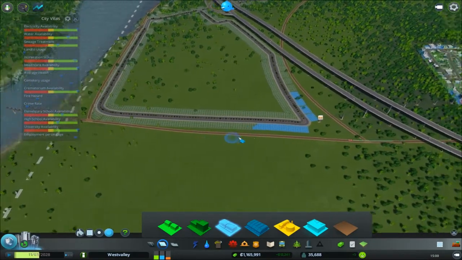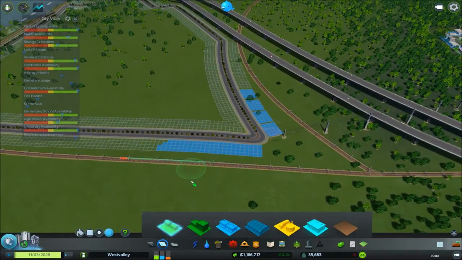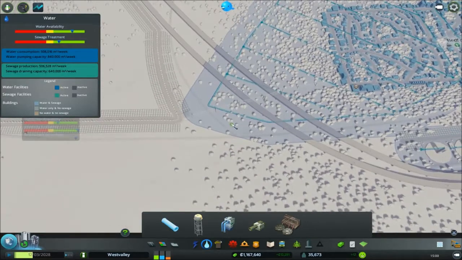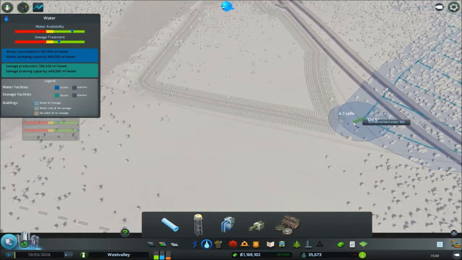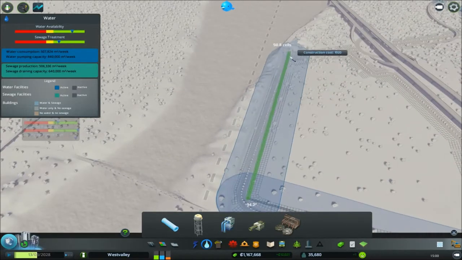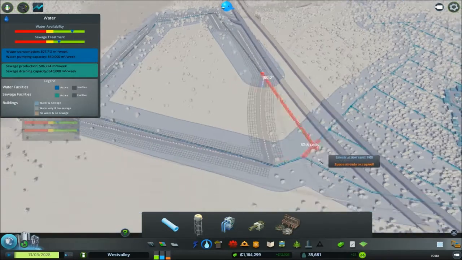I think I'll have the exterior as commercial. I forgot. So that's our electricity done, but we don't have any water in this area, so if I hook up some water, somewhat follow the route of the road, I think, and then kind of form a crosshatch pattern